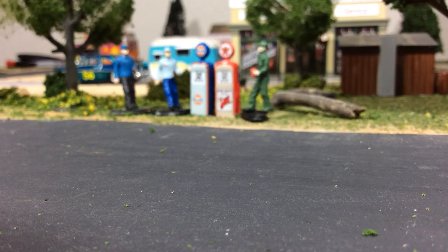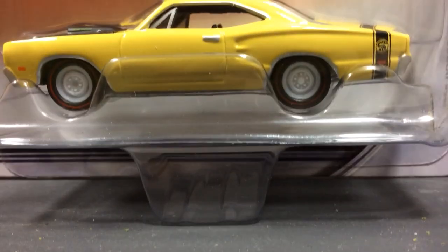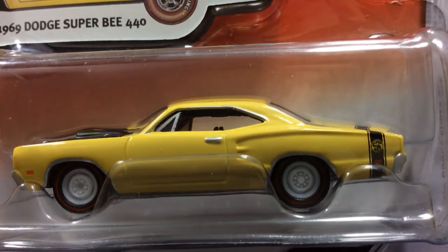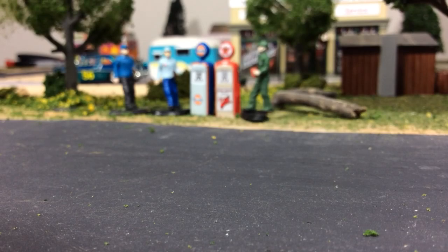All right, here's another one. I was real happy to find this because I only have one other Super Bee in my collection, so to find a white lightning is pretty sweet, and it comes with a nice magnet, which I actually really like these Johnny Lightning magnets. I've got a couple of Dukes of Hazzard magnets, and I've got a little